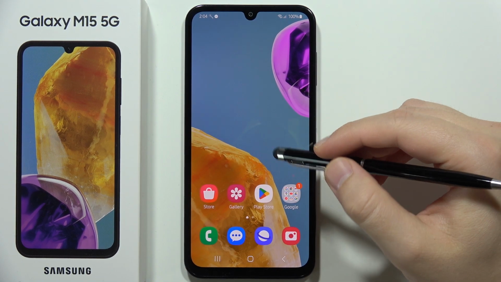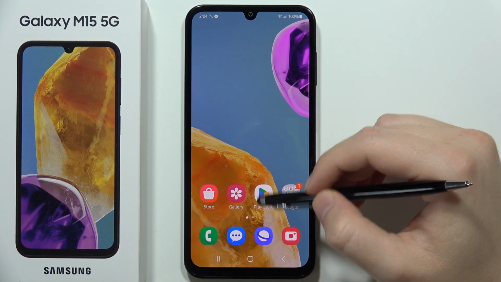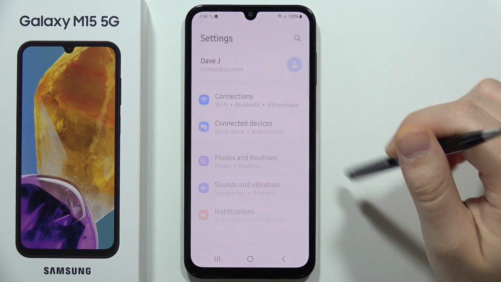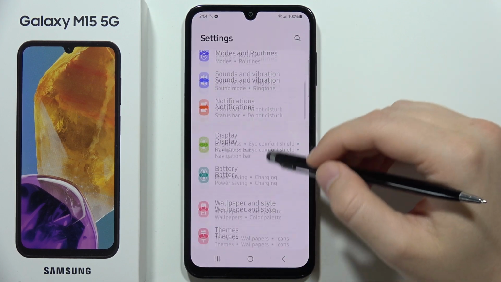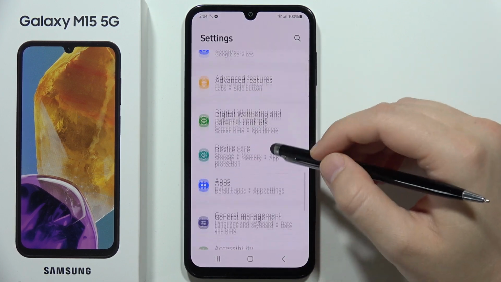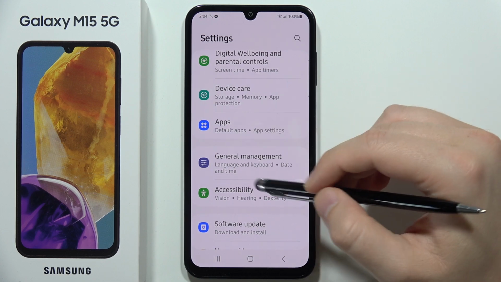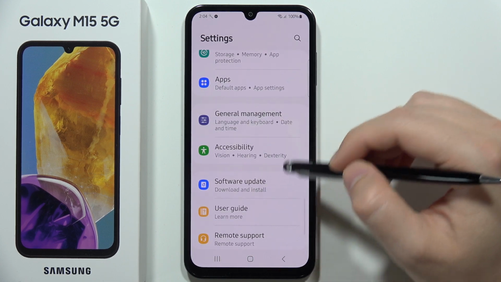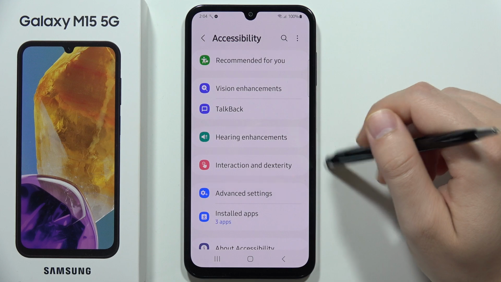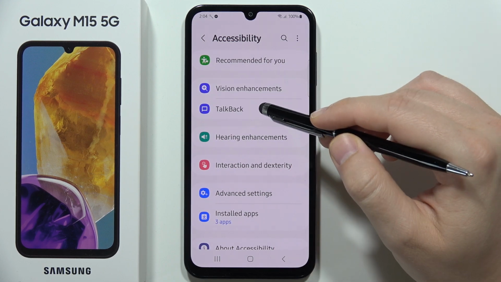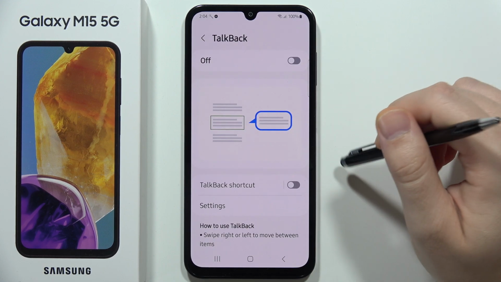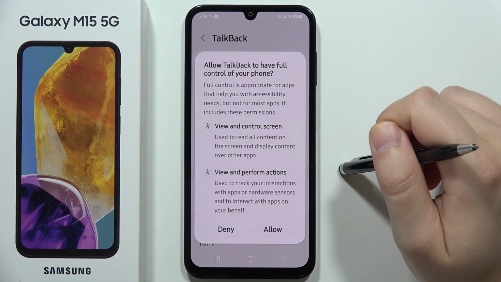Okay, to turn on Talkback on the Samsung Galaxy M15 5G, first you have to open the settings, then you will have to scroll down, select General Management. The accessibility is under the General Management. From this you have to select Talkback, and now you can turn it on by clicking on the switcher and